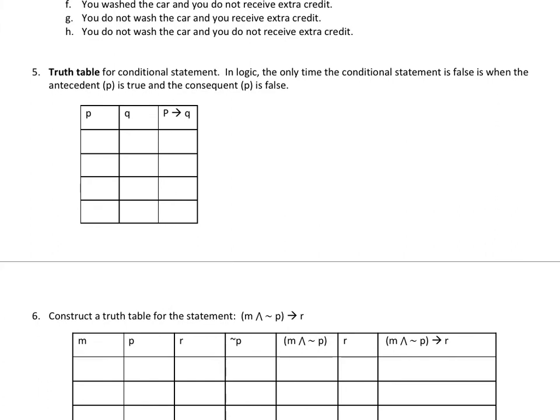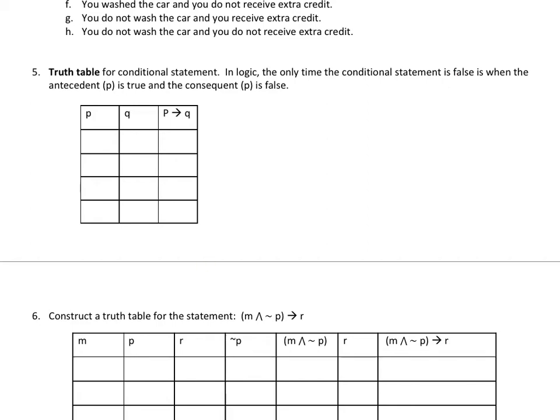So this table you see is called a truth table for a conditional statement. In logic, again, this is a truth table, but with a conditional statement. So it's a little bit more complicated than what we did last time. Not really complicated, but just a different type. In logic, the only time the conditional statement is false is when the antecedent is true, but the consequent is